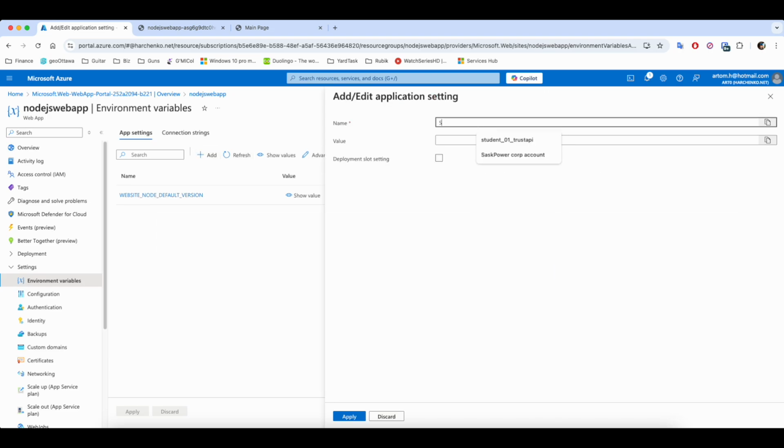and you have to add one, and it's called SCM_DO_BUILD_DURING_DEPLOYMENT. SCM do build during deployment, and you set the value to true, and you apply,